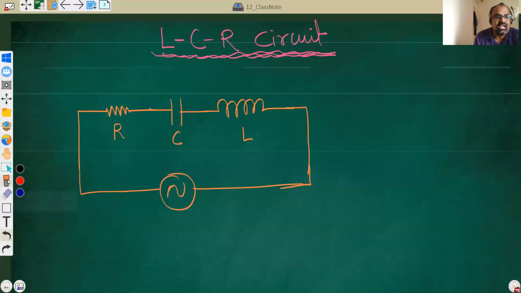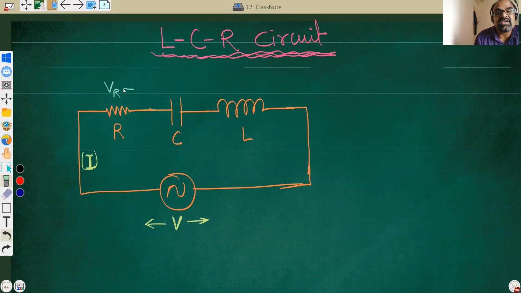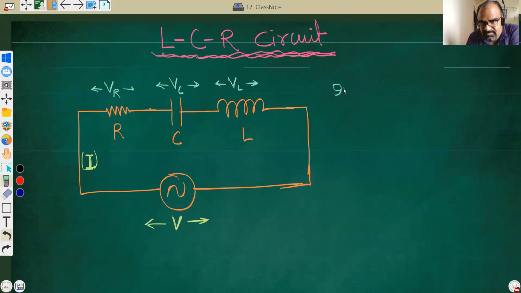Now which values will I show? Only RMS values. So the RMS voltage applied is V. RMS current is I. Now the voltage across the resistor is VR. These are all capital letters. Voltage across the capacitor is VC. Voltage across the inductor is VL. In terms of RMS values,